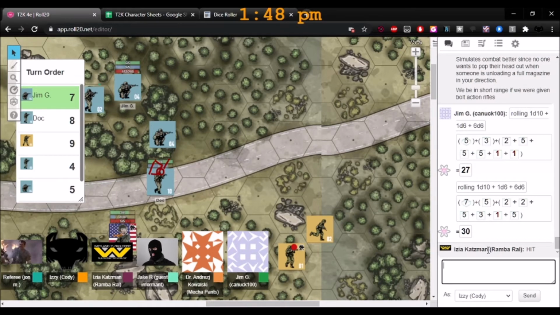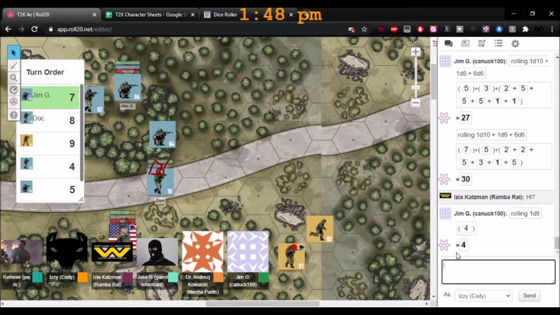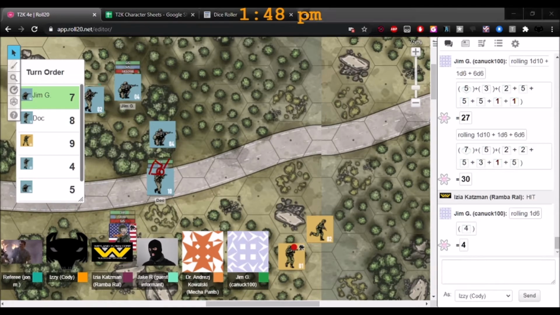So now you roll location, and if you hit the head, then it's a hit. Otherwise, that guy has to make his coolness under fire to avoid being suppressed. Nope, that ricochets off the rock as well. If you had rolled extra successes on the ammo dice, it would have translated into other hits. So that's cool with fully automatic, you can really get the chance for lots of hits. So you missed all the shots, but that guy has got to make a coolness under fire, which, just checking here.